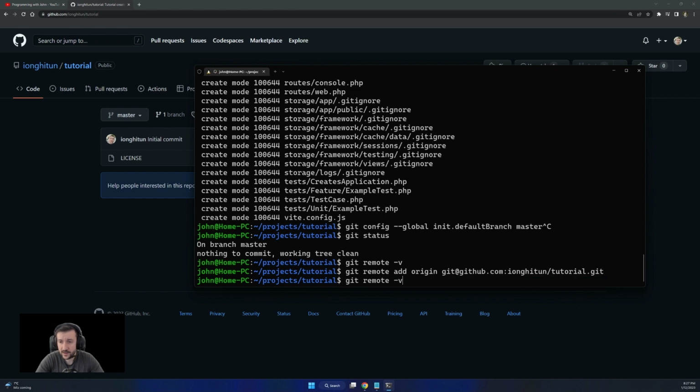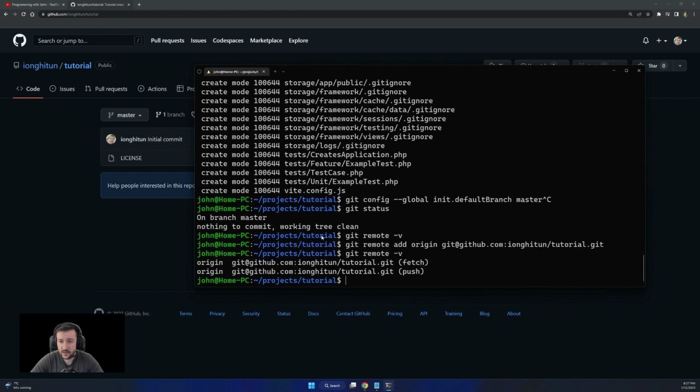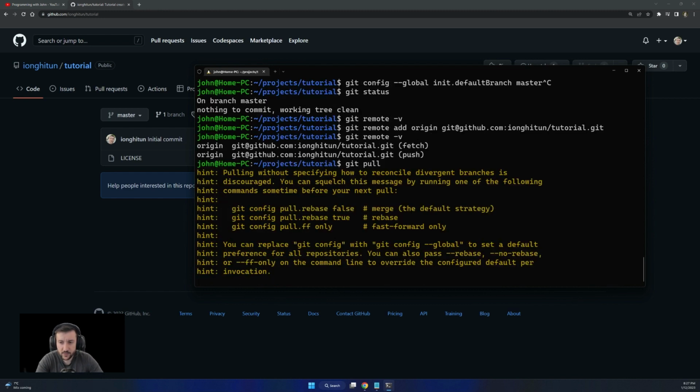So if I go again git remote, it will be for fetch and push connected to this remote. So we have almost everything set up in the matter of remote. If I want to fetch and merge, the command is git pull. So if I want to fetch and merge origin, I do git pull.